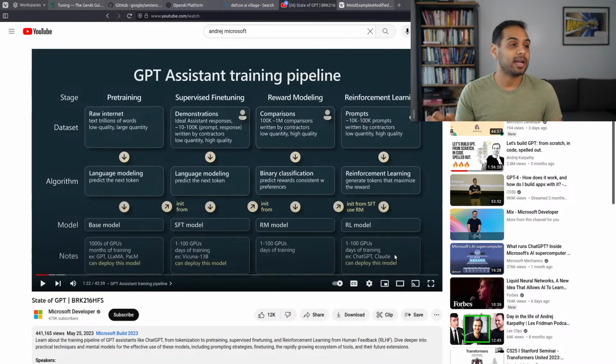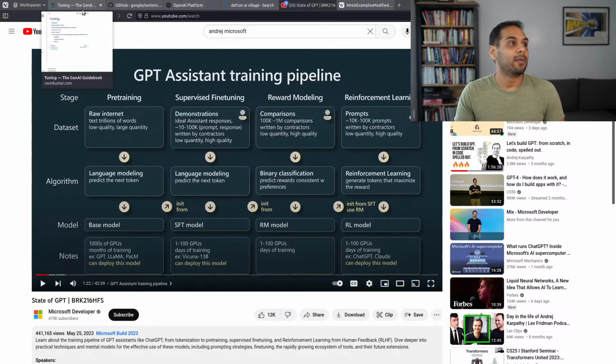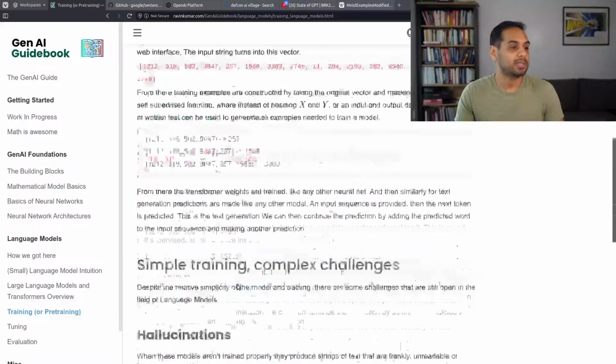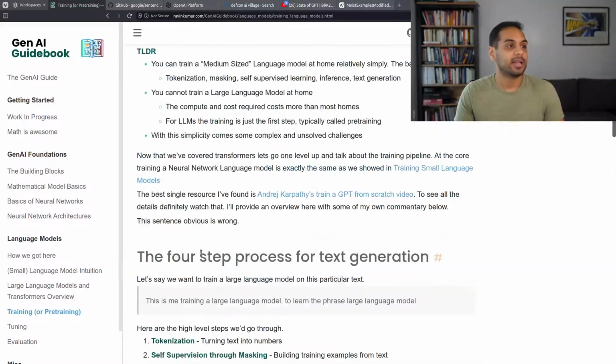The last thing I want to point out is that while you can train a medium-sized language model at home, just like Andre Karpathy does here, just to be completely blunt, you're not going to be able to train a ChatGPT or a Bard level model at home. The compute required for these things is pretty insane. So my suggestion is, if you want to do this hands-on, and we will maybe do this in the next session,